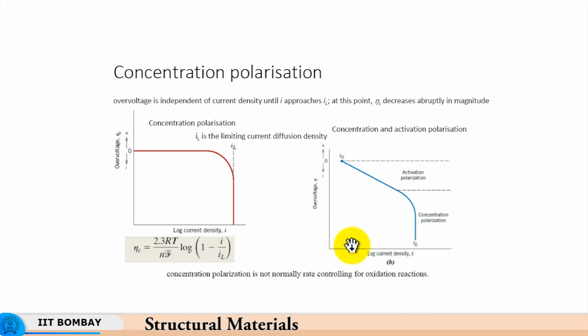So, now what is the significance when it comes to corrosion? When it comes to corrosion, basically we are talking about rates of reaction. So, if we control the rates of reaction, many of these inhibitors interfere with these rates of reactions and prevent one reaction from taking place, so that the other reaction also tends to slow down. So, that is how the study of polarization will help in deciding how we either enhance the activation